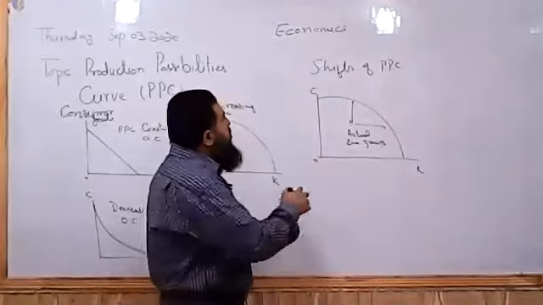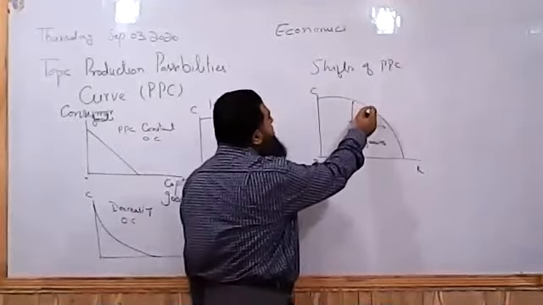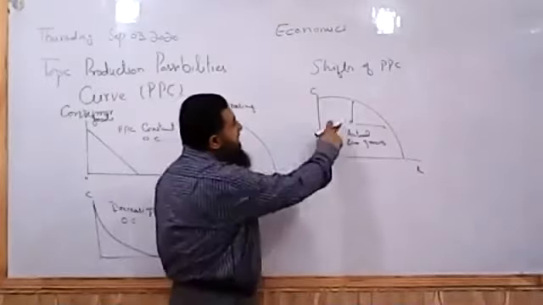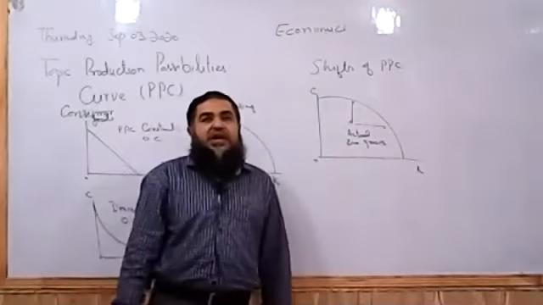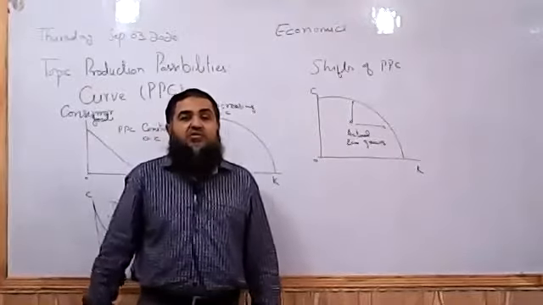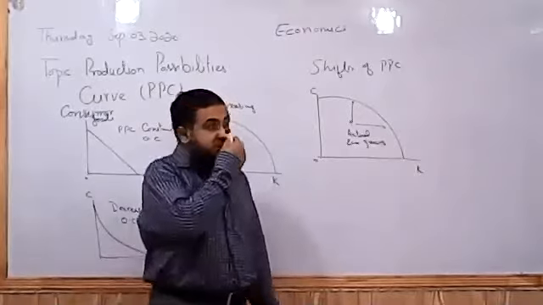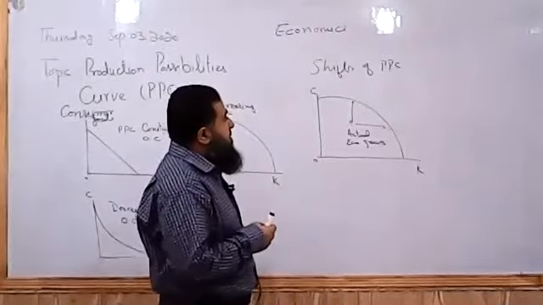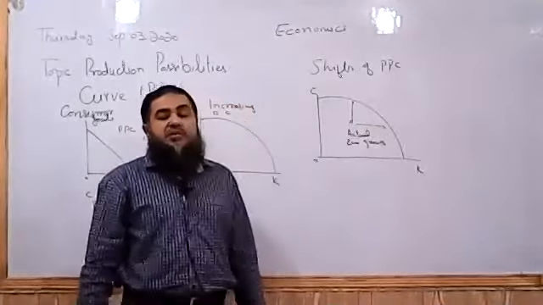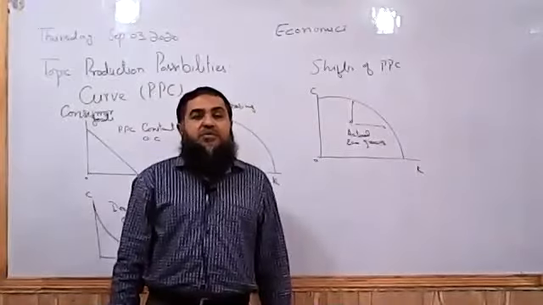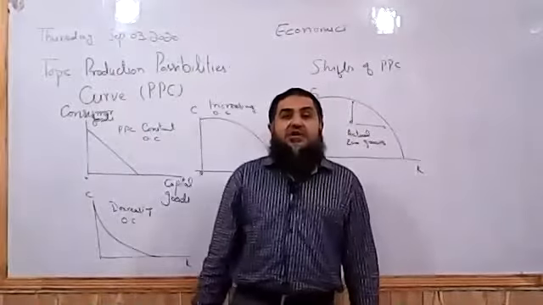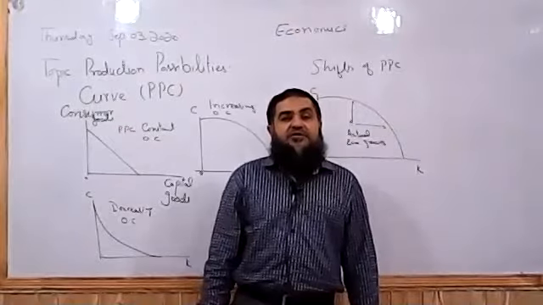Now the economy is moving towards its full employment or towards full potential. All right. This point X is also showing us economic inefficiency. Inefficiency means wastage of resources. When resources are not fully employed, they are being wasted. So point X is showing us economic inefficiency. And when resources are fully employed, the economy will operate along PPC. So all the points which lie along PPC also show us economic efficiency and full employment of the resources.